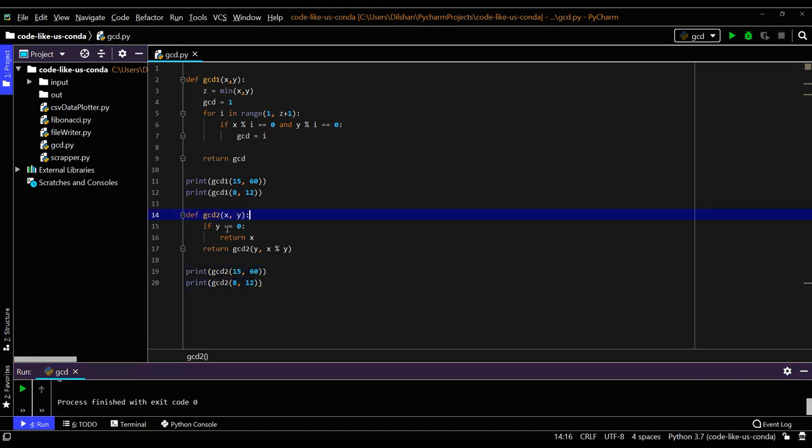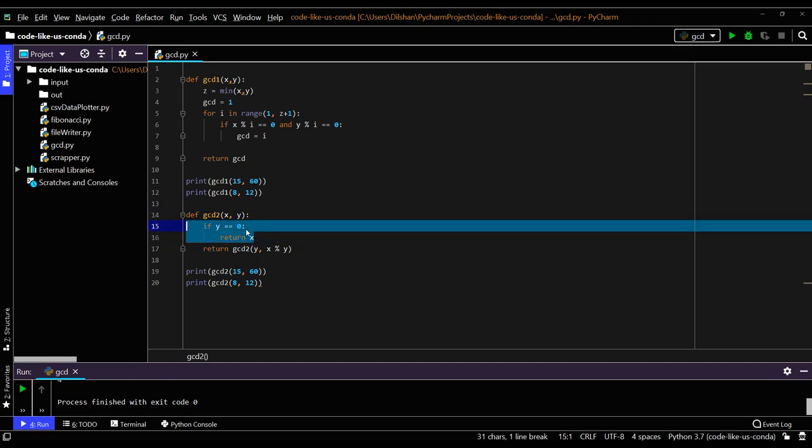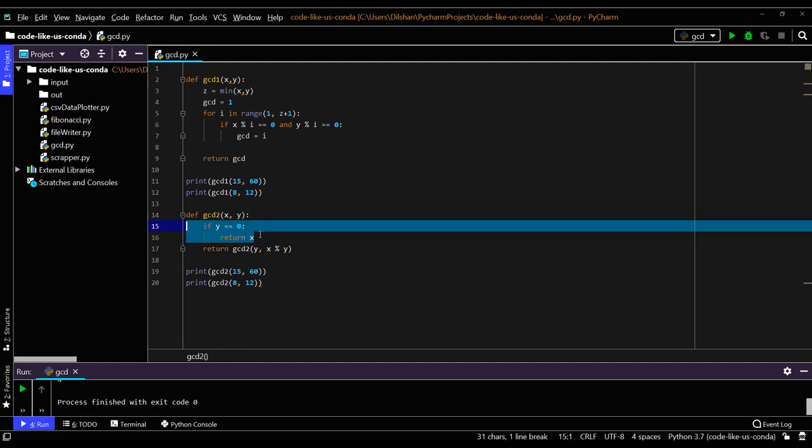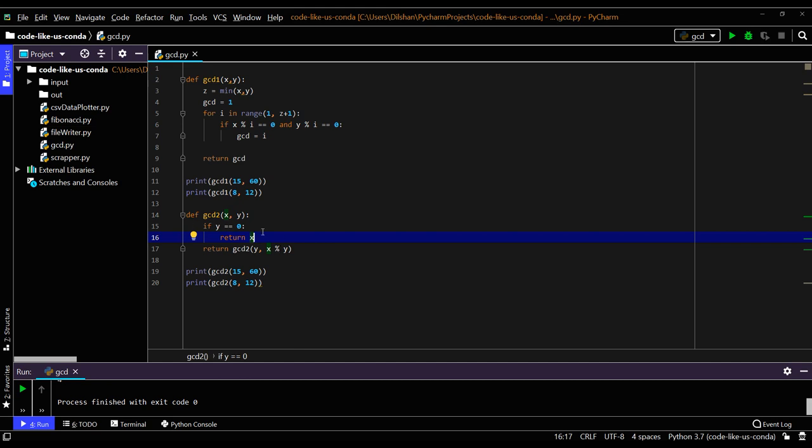So what happens here? Just forget these two lines first. The first x, y values come in, and in the next iteration the x value is y, and our next y value is x modulus y. So here we have a top to bottom approach, starting from the highest value and going until 0. The breaking point of this recursion is when the y value, which is x modulus y, is 0.